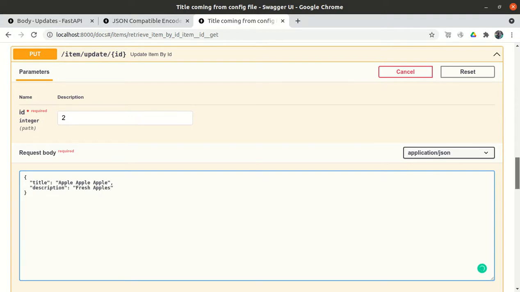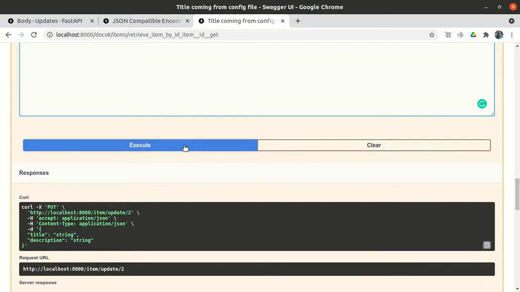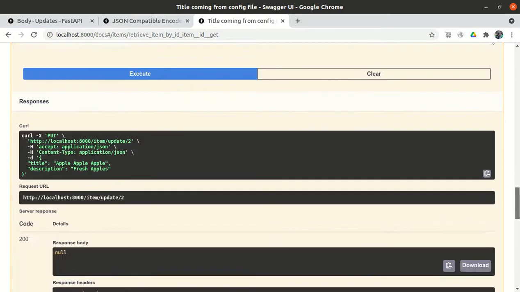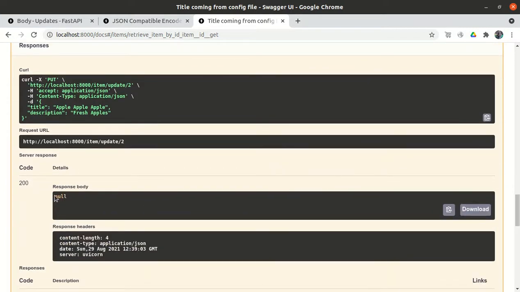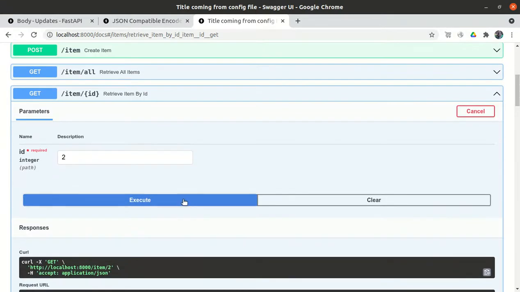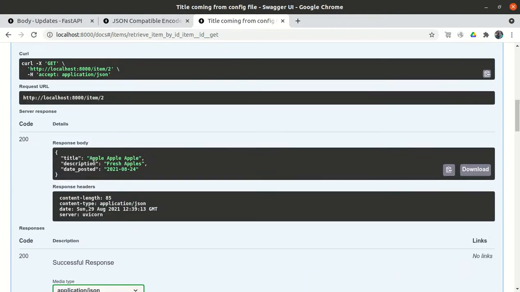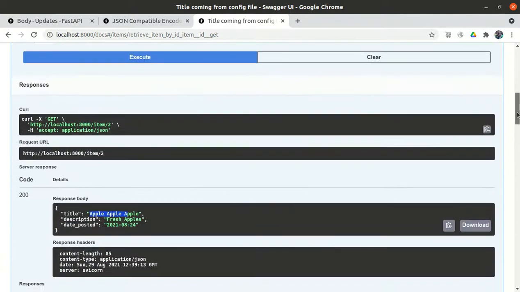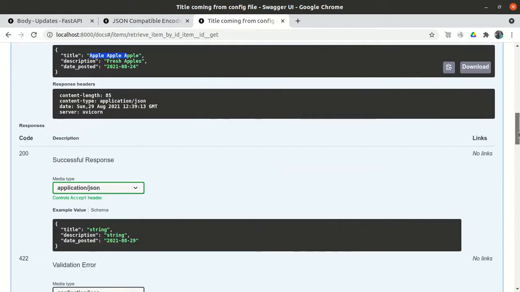So we are trying to modify the details. Let me update it. I have updated it, though we are not getting any message here. Let me get it again. Now I can see the updated Apple, Fresh apples. This means we successfully updated the item details.